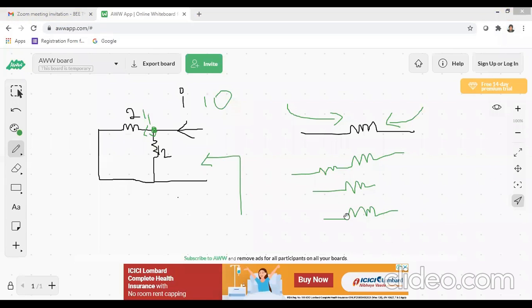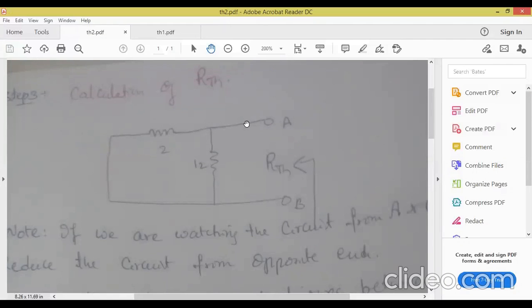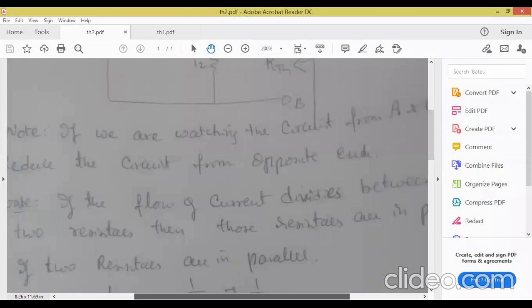Now one second. Now come back to this circuit. So how to solve this circuit? How to tell these two are in series or parallel? Assume the current. Current is flowing and this current is coming to this junction. Both current is dividing. Therefore, both these resistors are in parallel. Now you see, all of you. That's why I've given the note points here.